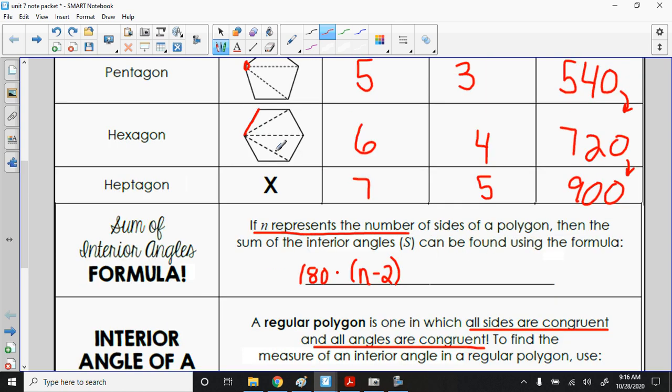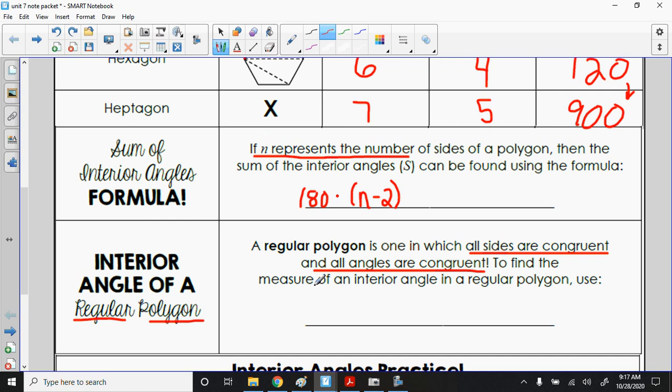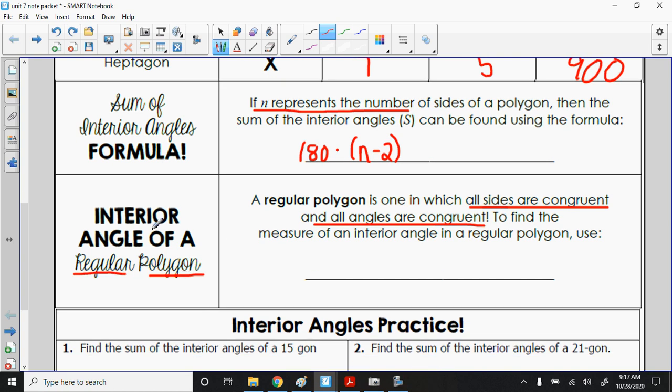So if you look at these, they're nice. If you ignore the diagonals, they're perfect. All sides are equal, all angles are equal. So this formula I'm going to give you is, if we have a regular polygon where all sides are equal and all angles are equal, to find the measure of one interior angle, we would just take this formula